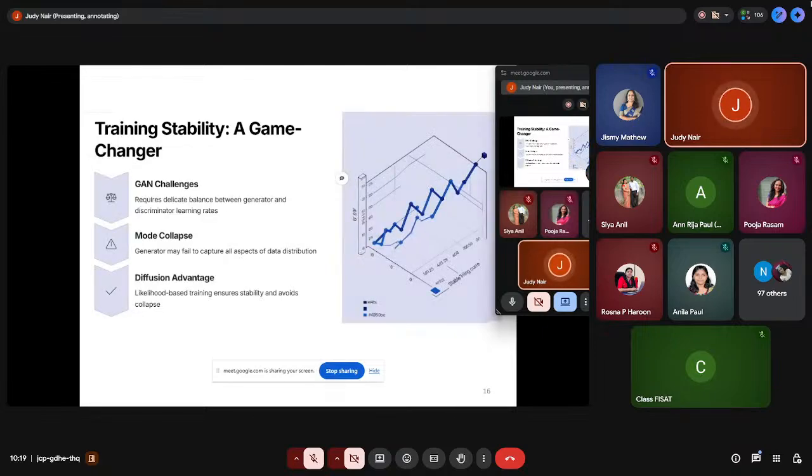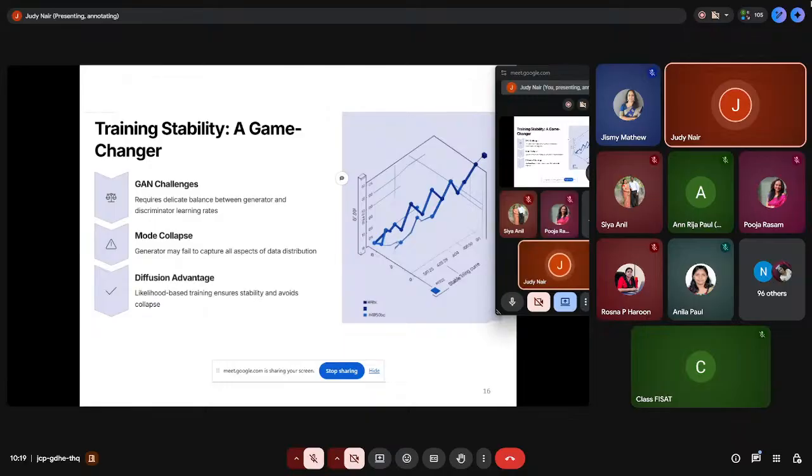And then second is training stability. We all know GAN has certain drawbacks. There is always a delicate balance between the generator and the discriminator learning rates. So mode collapse can happen if the generator fails to capture all the aspects of the data distribution.